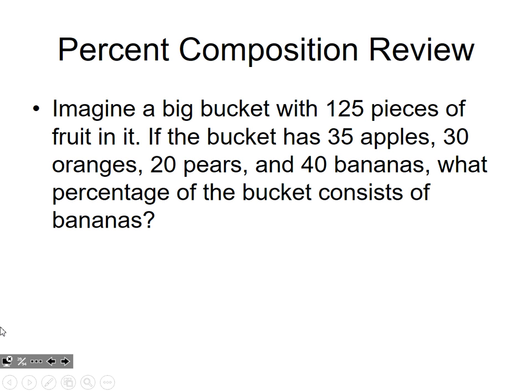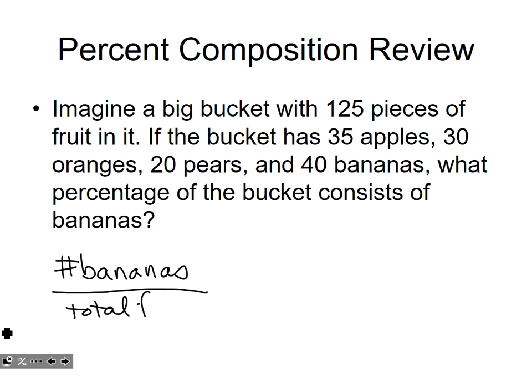So as an introduction and as a review of percent comp, imagine that you have a bucket with 125 pieces of fruit. If the bucket has 35 apples, 30 oranges, 20 pears, 40 bananas, what percentage of the bucket consists of bananas? Now this is something that I'm hoping you look at and say, well, yeah, I can figure that out. Because if you want the percent bananas, then you have to take your number of bananas, which is 40, and divide it by the total amount of fruit that's in your basket, which is 125,